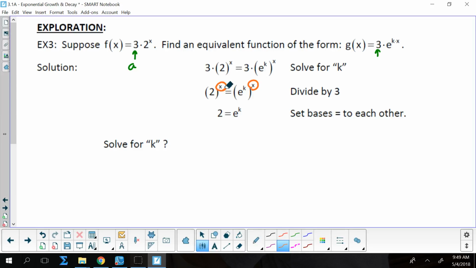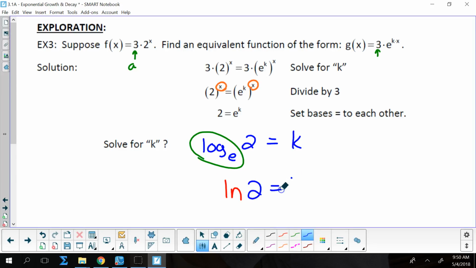We can set the bases equal to each other, so we get 2 equals e to the k power. And how am I going to solve that for k? Now it's natural log. Yep, I'm going to switch it into logarithmic form. It would be log base e of 2 equals k. Well, this whole log base e business is the natural log of 2 equals k, which should